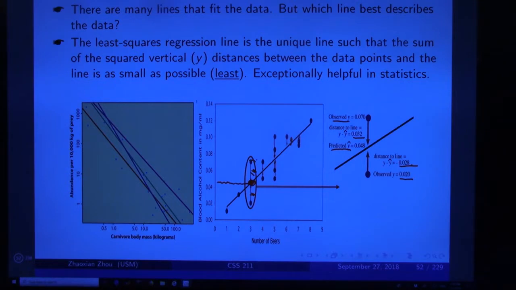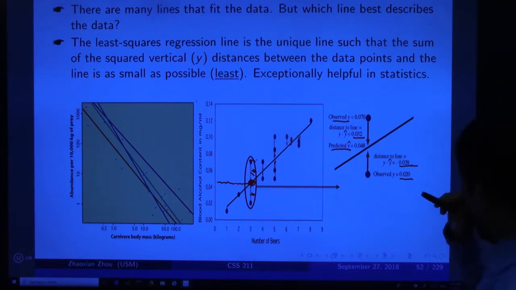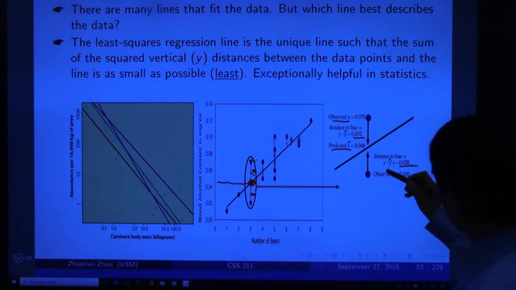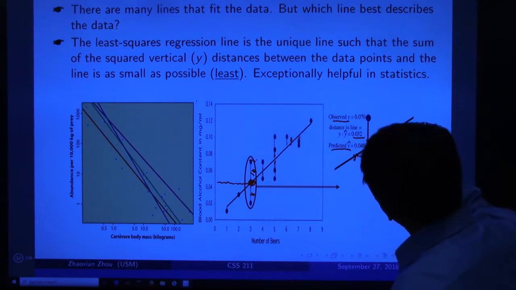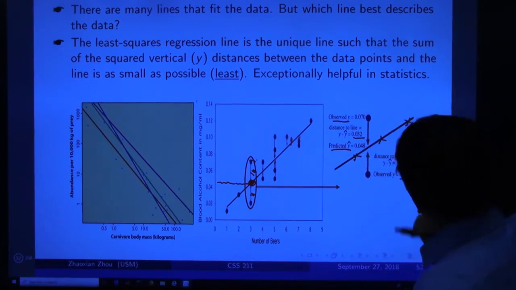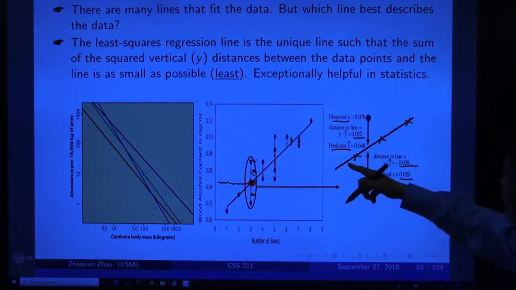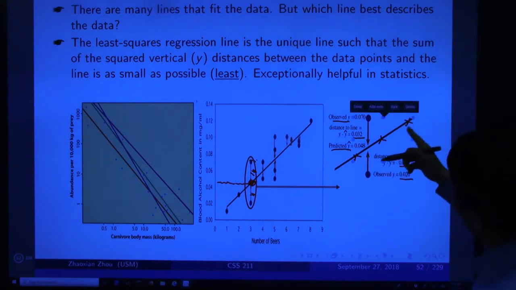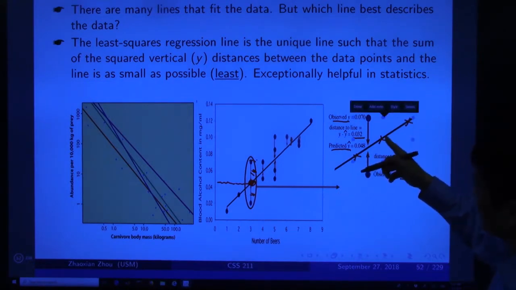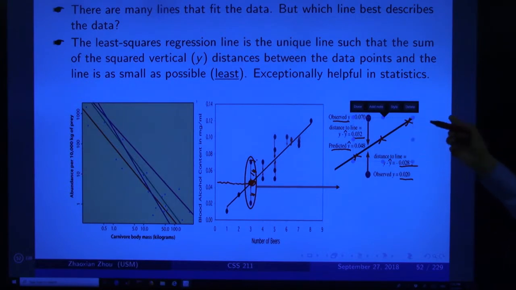So this is one concept of the best regression line: the sum of all the residuals equal to 0. Now we look at another example. For example, this line here, one point is here, another point is here, another point is here. This line passes through these points, and it's perfect. The residuals are equal to 0. This residual is 0, this one is 0, this one is 0, so the sum is